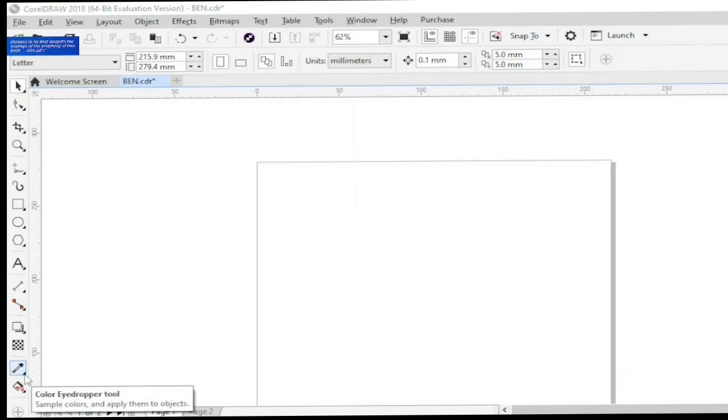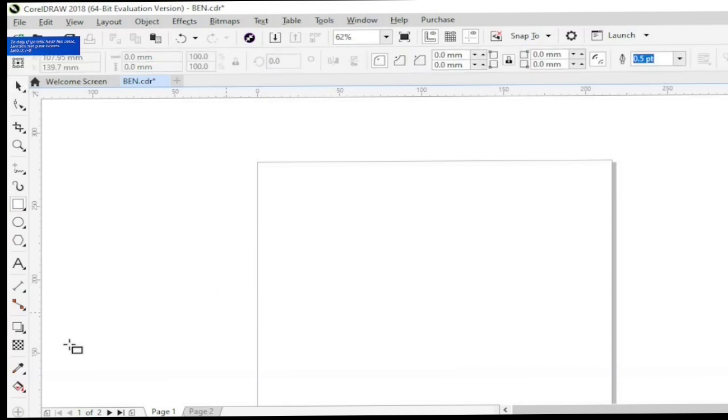Our next tool is the color eyedropper tool. The color eyedropper tool helps us to transfer a color or to copy a color from one object to another, especially colors that are customized. It will be very difficult for you to copy or to give that same customized color to a different object. For example, now if I have a triangle here,